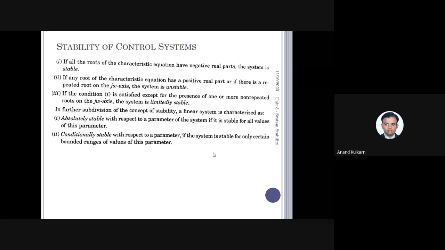That means it has to follow two rules. The first rule is if the input is bounded, output should remain bounded. The second rule is in the absence of input, or if the input is 0, output should also become 0 or tend towards 0. It may take a long time, but it should tend towards 0. These are the two rules of stability, and on the basis of that we have found out that if the roots have a positive real part,